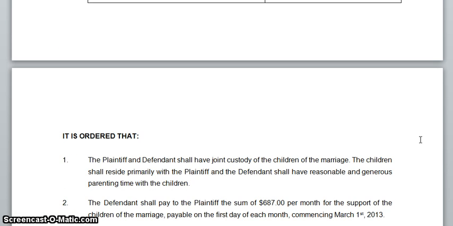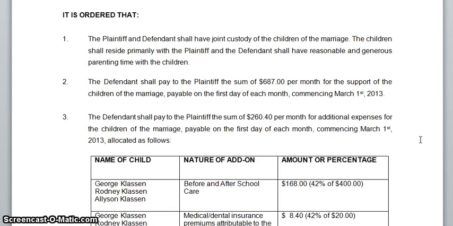So let's scroll down to the second page of this order. Now this is a more complete order than what we've seen before because this one addresses custody, access, and child support. So paragraph 1 deals with custody. It looks like they've agreed to joint custody, so we see that there. We know that means mom and dad are going to make decisions for the children. And then it goes on to address physical custody here,